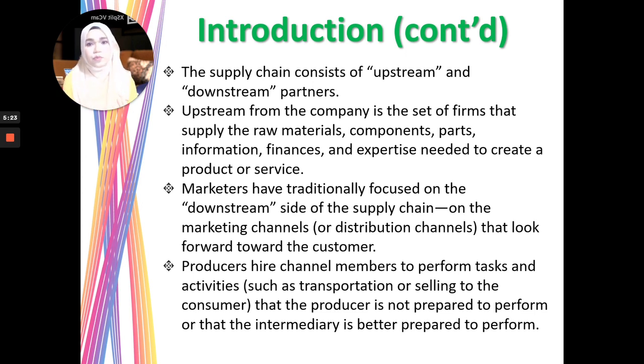So where do they produce it? They will find a factory that will have the ability to produce exactly like what they want. Okay, and then what happens is that this factory, perhaps in China, will produce that particular shoes and then that's it, it's done. After that, what is next?